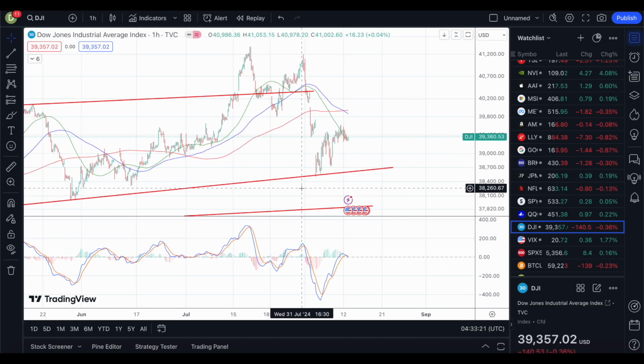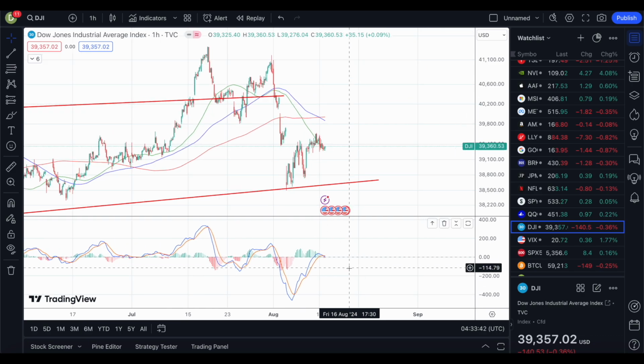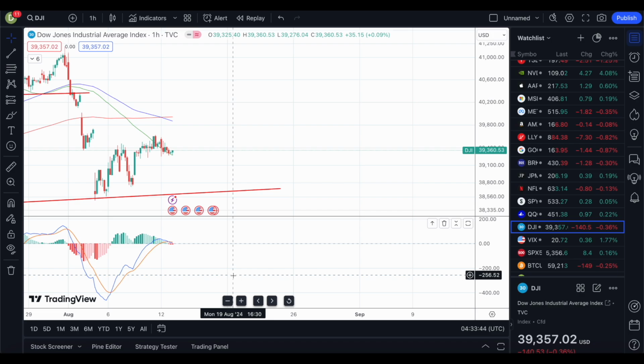But again, the reason why I usually don't look at the MACD lines before the inflation numbers come out, or some, for example, big event in terms of numbers coming out, is because those numbers alone could go in the opposite direction, regardless of what the MACD lines are showing. So mind you, if the inflation numbers are way better than expected, then the markets could be going up regardless if the MACD line is more pointing to the downside, right?